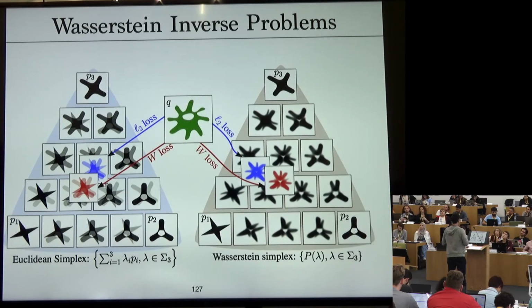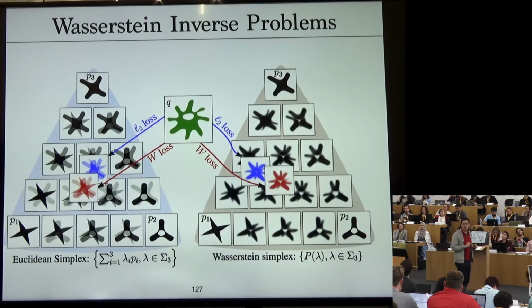The kind of problem that I'm going to address here is different, and it's a lot more challenging. It's more fun if you play with geometric data, and it's the following. I am going to consider the same 3 atoms, except that as combinations, I'm not going to look at linear combinations, that is sums. I'm going to look at Wasserstein combinations, Wasserstein Barycenters. Immediately, if you just look at the 2 triangles, the blue and the pink, you see an obvious difference in what I mean by interpolation between the 2. On the left, it's just the L2 average, and on the right, it's the